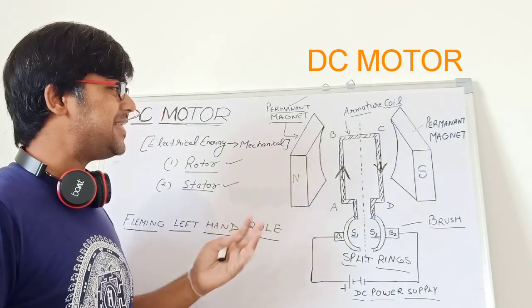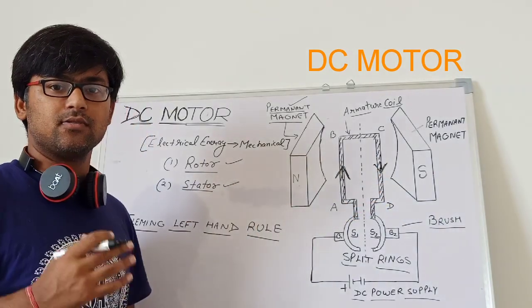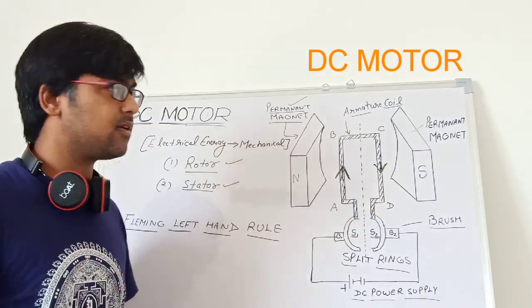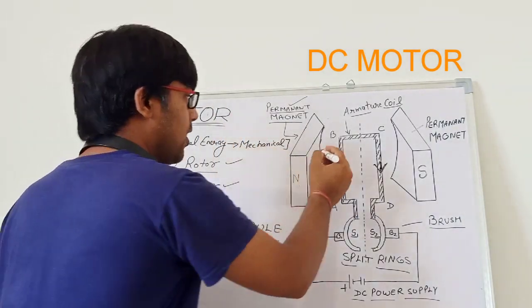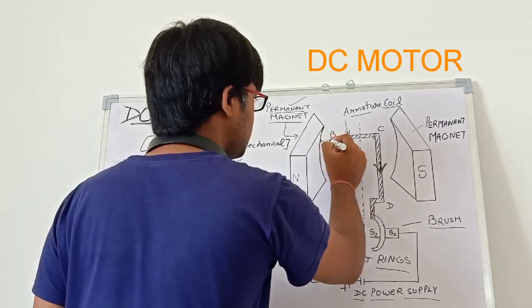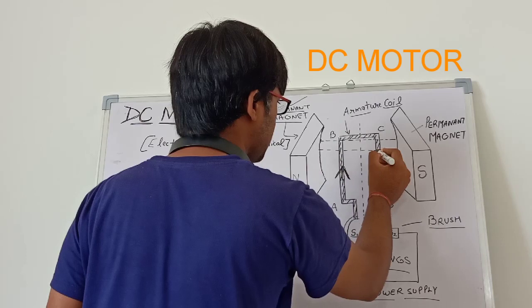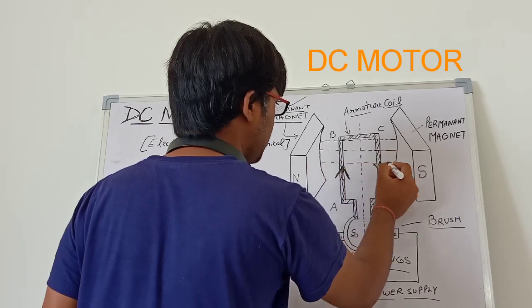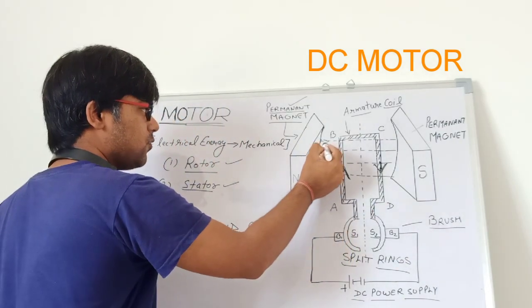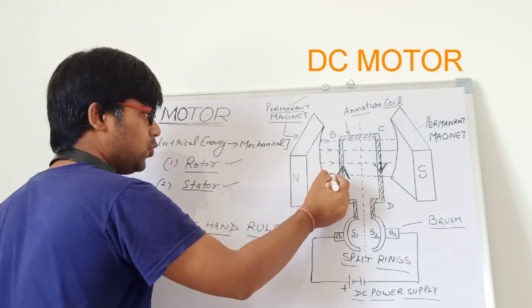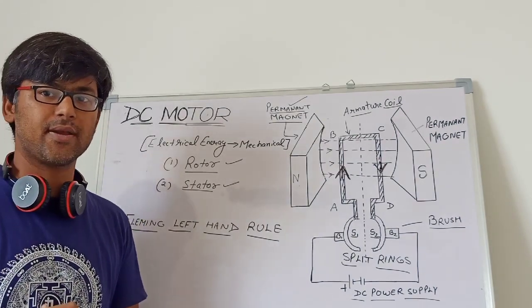Okay. Now how does it work? As I told you, we have permanent magnets. Since we have magnets, we will have a magnetic field. And it always goes from the north side towards the south side. So I am going to draw horizontal lines. All these lines show the direction of the magnetic field. Clear? All these lines, which are in the direction from north pole towards south pole, indicate the direction of the magnetic field.